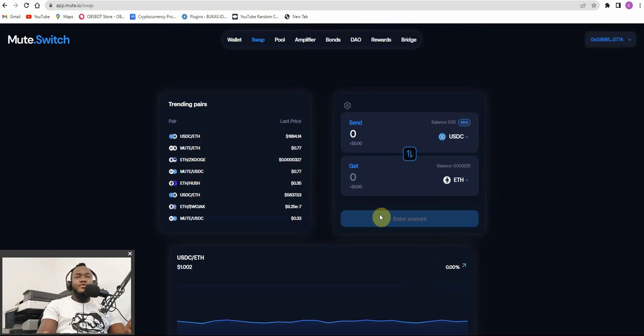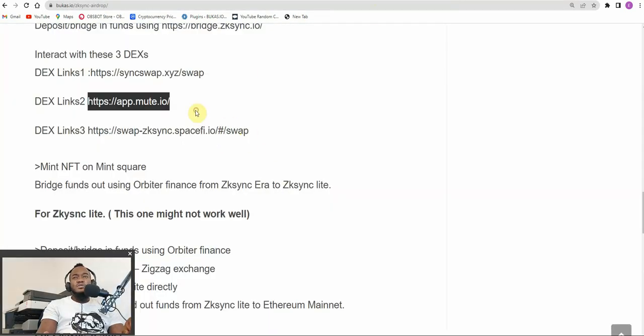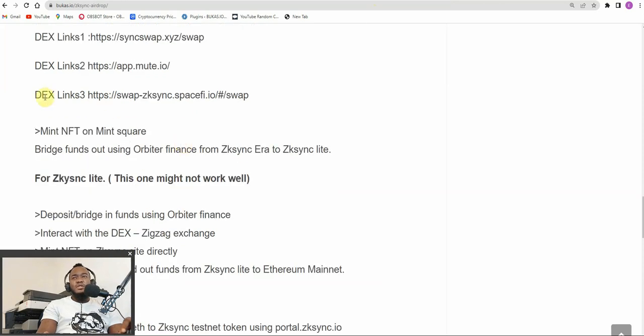Okay, so once you finish this one, the next thing, you go back to the same article that we are using. This article is on my website. You can visit my website for you to see this article. So the next thing is we visit the third DEX, which is called